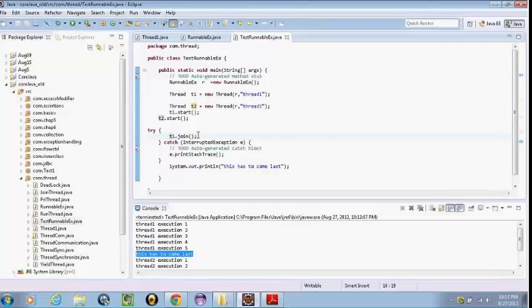Okay, this is about the join method. And folks, we have the interrupt method. When we call the interrupt method, it interrupts the thread and causes it to continue the execution if it was blocked for any other reason. And we don't usually call the interrupt method in code. We don't really do that.